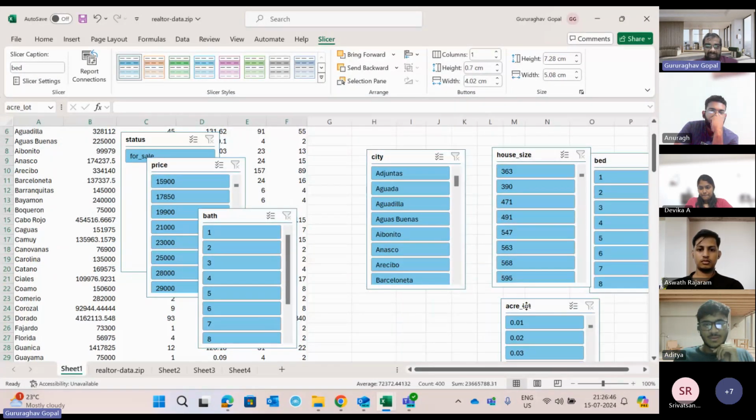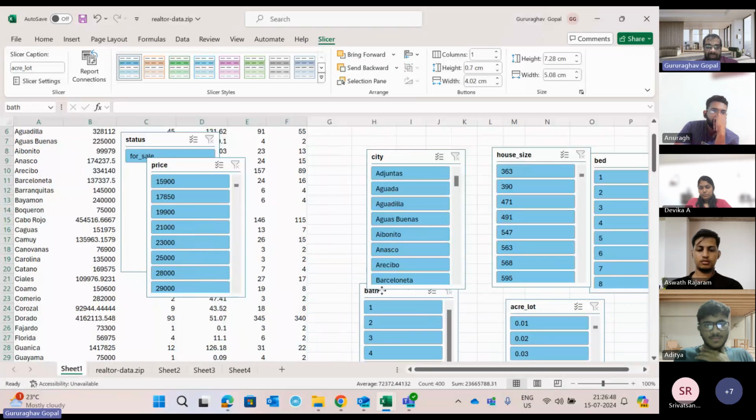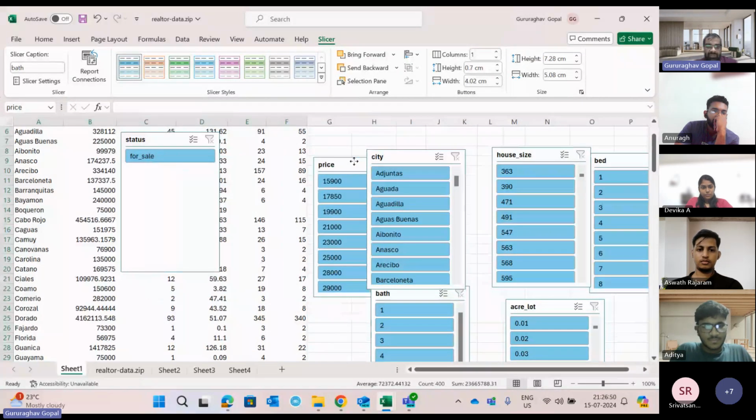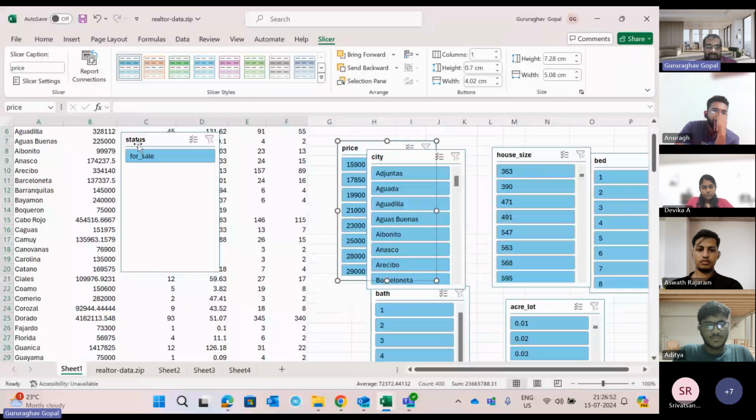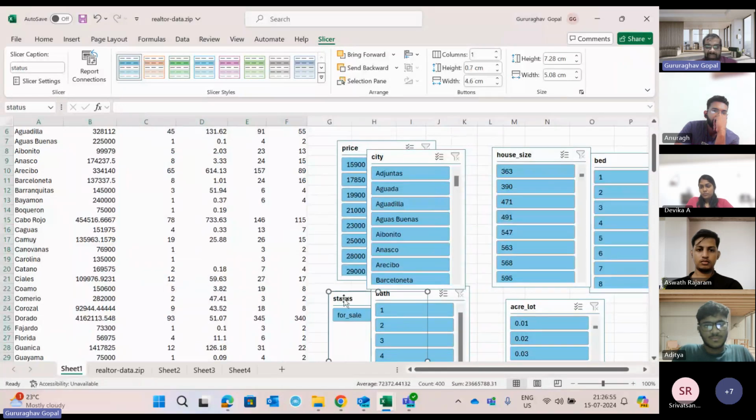It's basically like a filter. Slicers are basically used in pivoting. Here I want to filter more, with visual appeal. With this data, I have to just filter